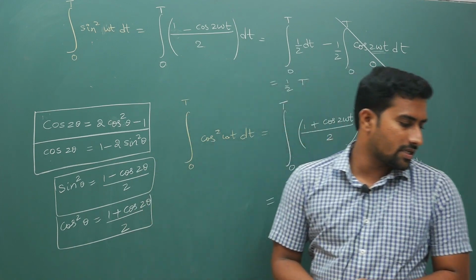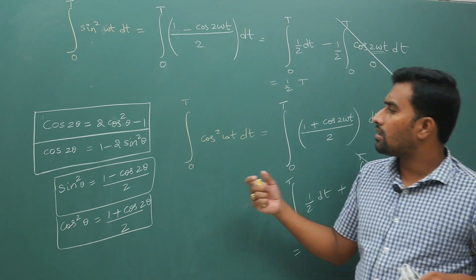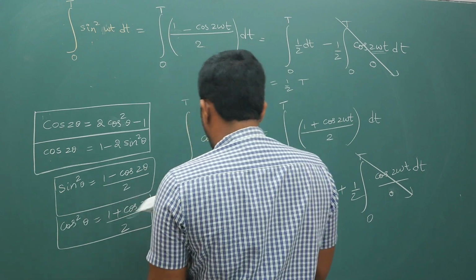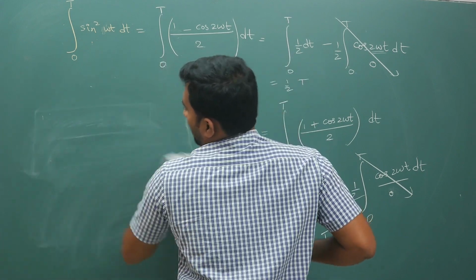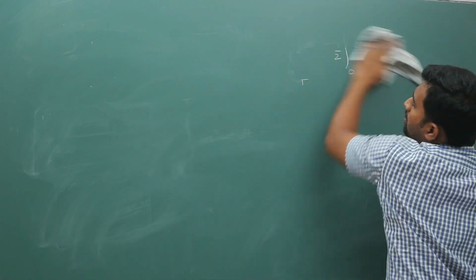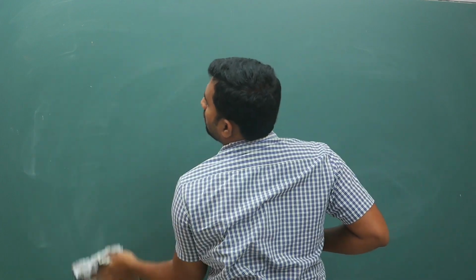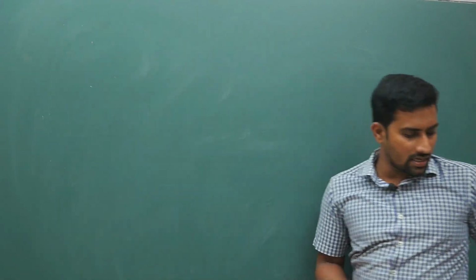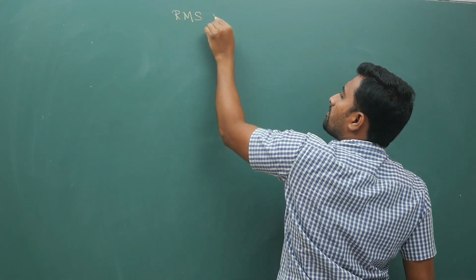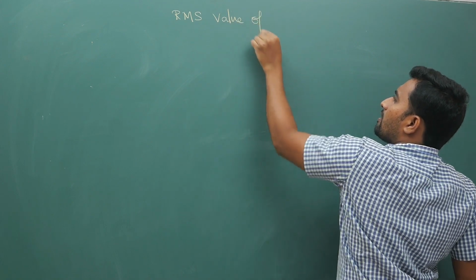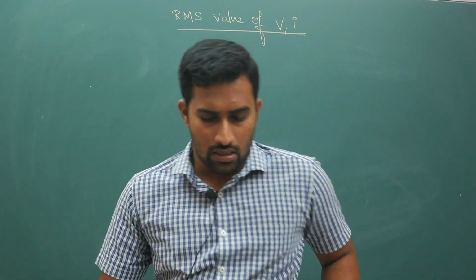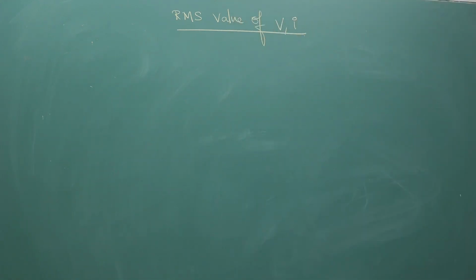Now let us try to do this question. Actually, not the question yet. First let me define the RMS current value. Like how you defined the average, RMS refers to root mean square value. So what is this RMS value? Like the average value, what is the RMS value of voltage and current? This is what I am going to explain now. RMS refers to root mean square value.